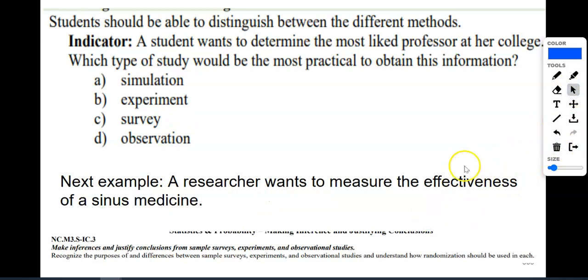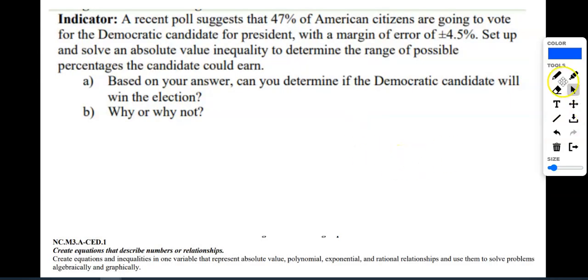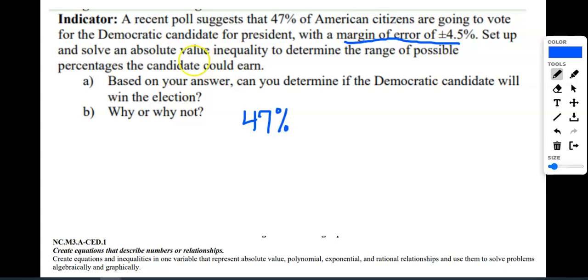But that's a little bit too rich for us. We just need to know which method would be the most opportunistic. Margin of error and a couple questions here. So sometimes we do estimates and we're not exactly sure if it's definitely going to be exactly 47% for a Democratic candidate. But anyways, the margin of error being plus or minus 4.5% means,